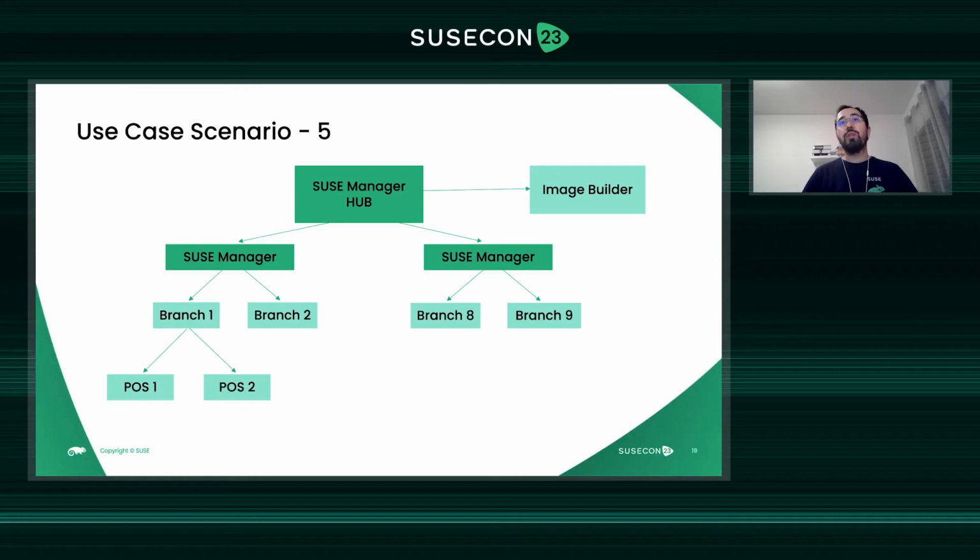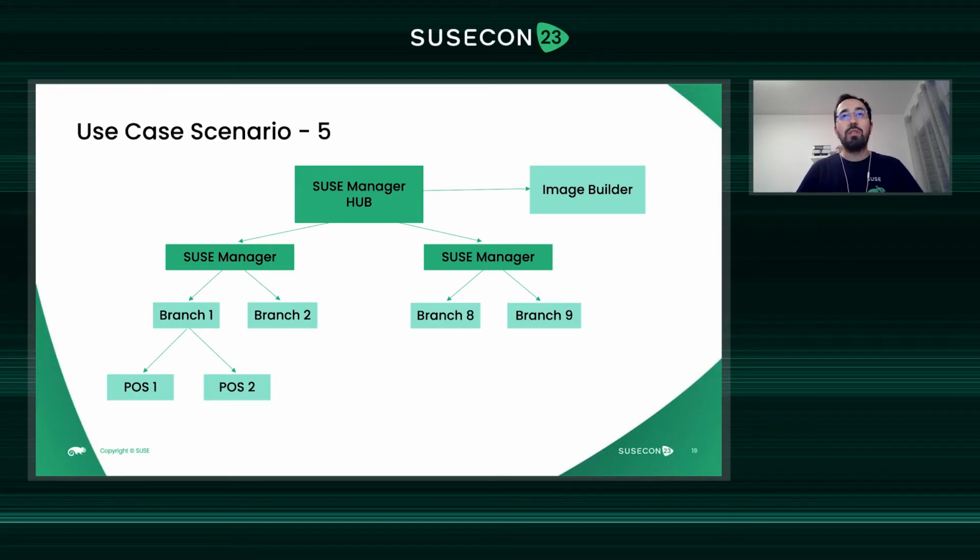So you can have a SUSE Manager HUB server, and you can register a machine to that, which is the image builder that is responsible to build the images for your terminals. You can build these images right in the hub. You can test it and verify if the image is according to your standards and everything is as expected to be. And as soon as you are happy with that, you can copy that image to each of the SUSE